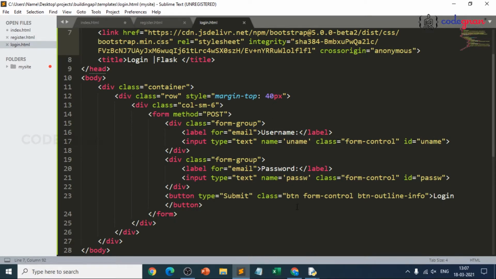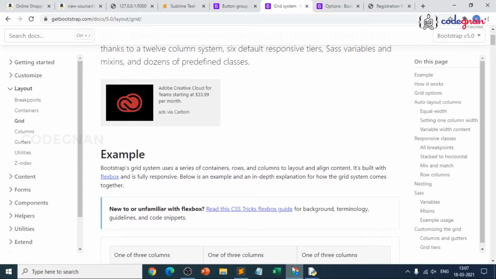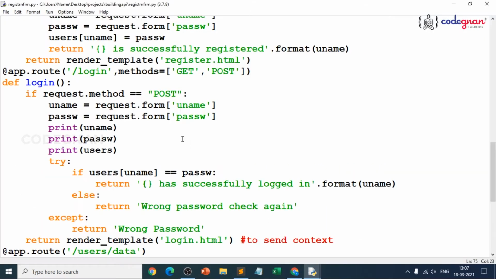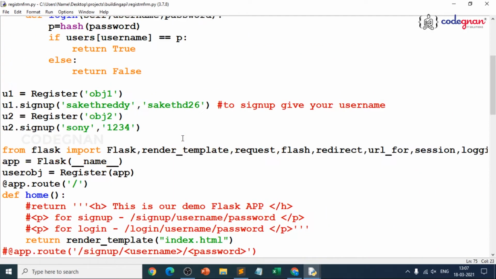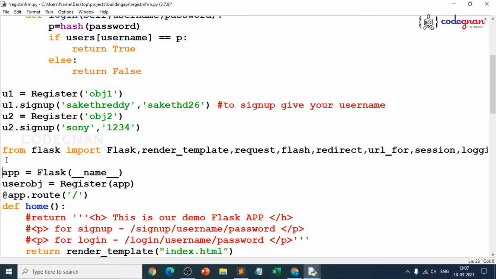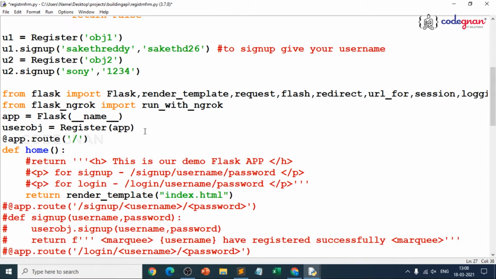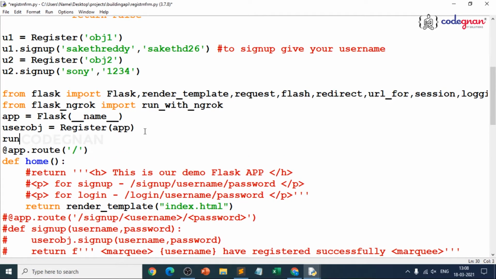Next, the final thing is we'll try to host our Flask application with the help of a public URL, which is ngrok. Already we have installed ngrok, right? We just go to calling those libraries, that is from flask_ngrok we just import run_with_ngrok, and we run our application with ngrok directly, and we'll change one more line.